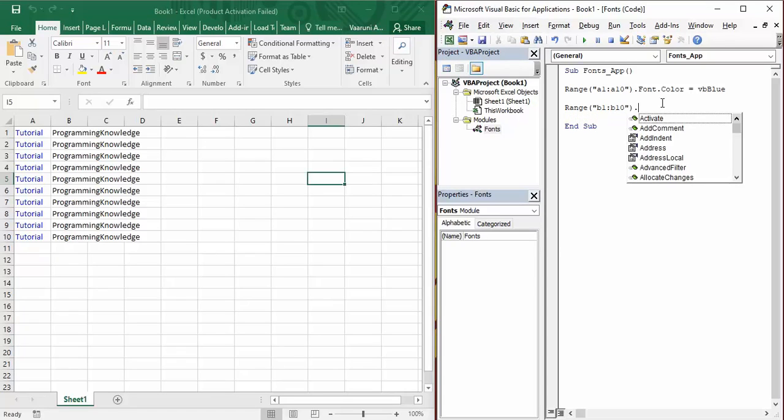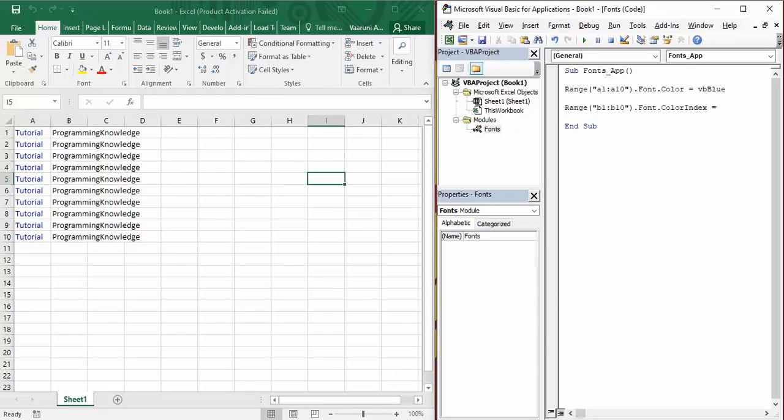Then put a dot, then Font, put a dot again, and then the second property you are going to use is color index, which is highlighted just now. Instead of Color, you've got to use ColorIndex, so just put an equals.